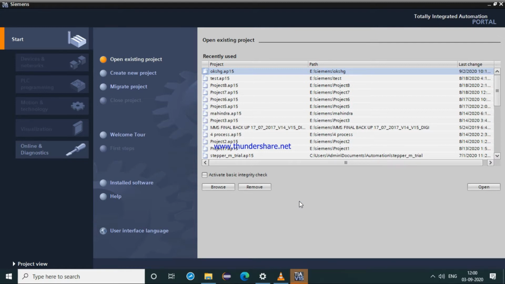Okay, so this is the first page that opens after opening the software. Once we get to this page, we will create a new project.